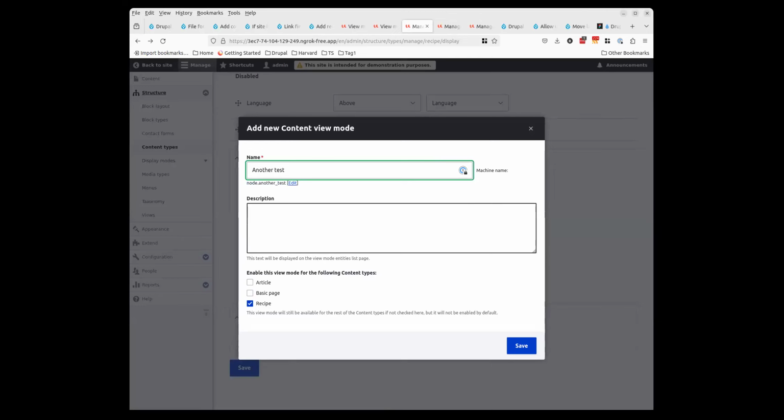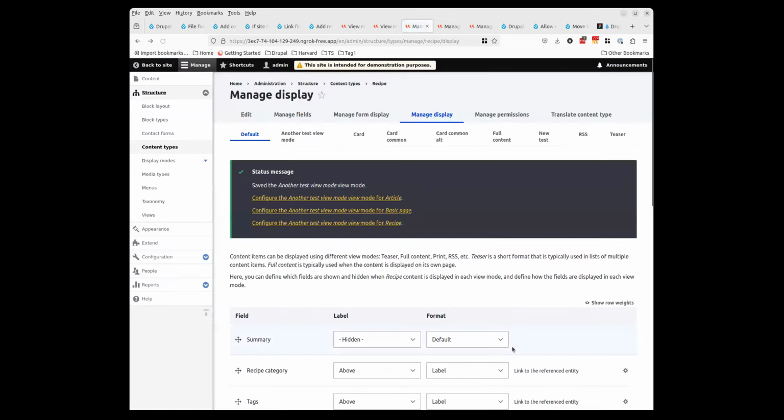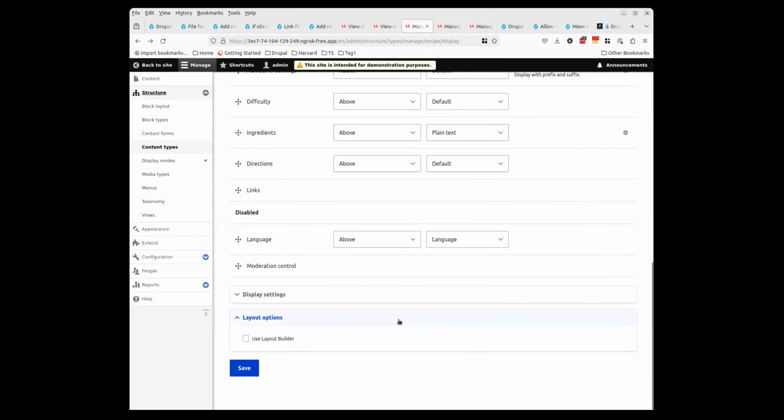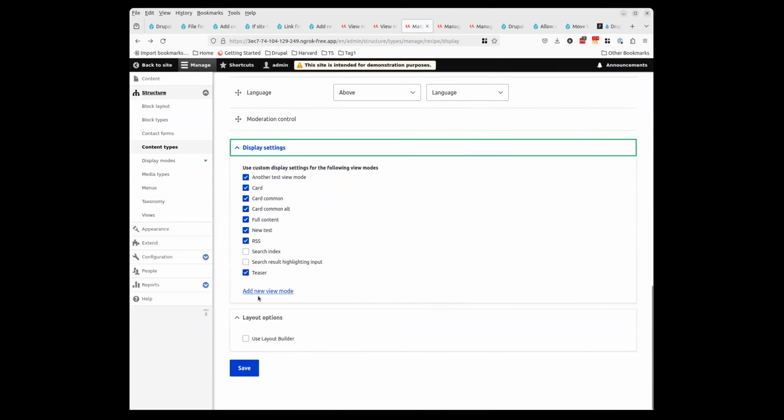Another test, view mode. And maybe I enable it for all three content types, and then I save the modal, and I never go back to the form and submit it. And just to give more of a user story to that objection,